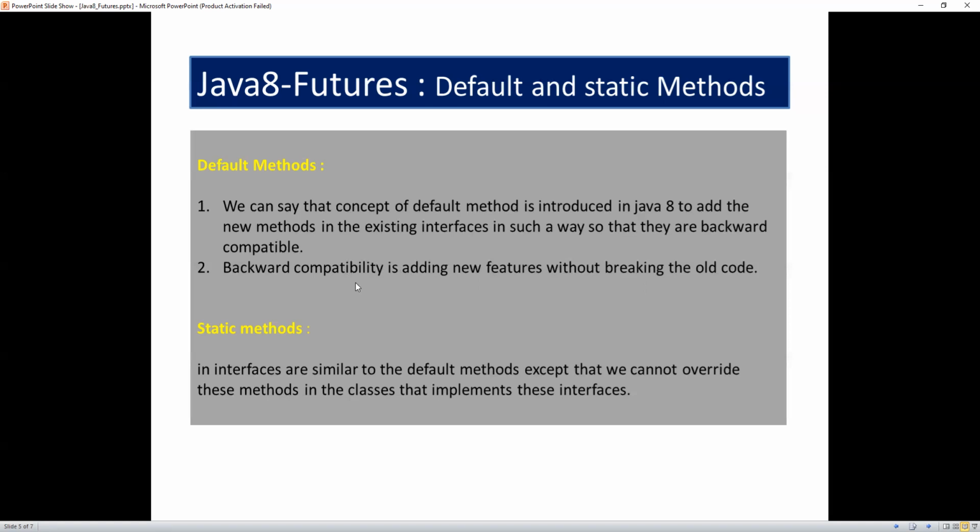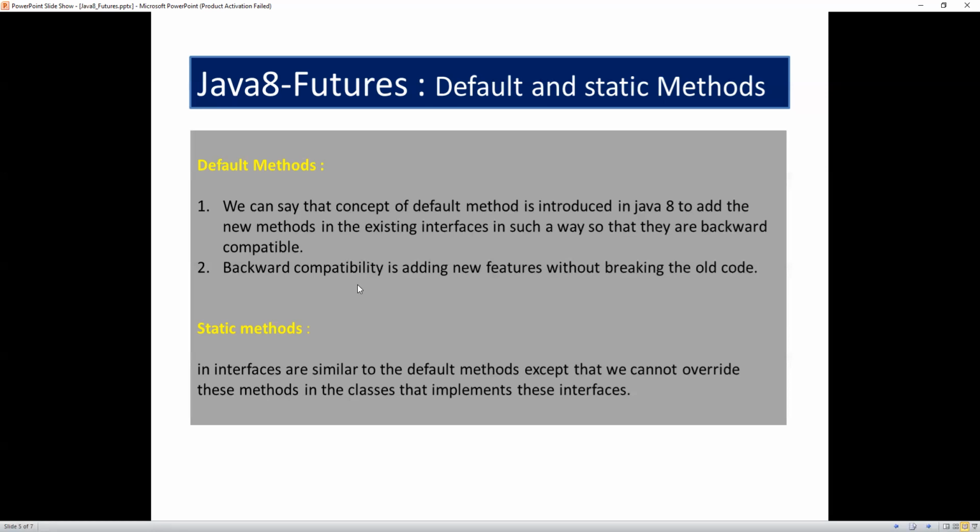In the general case, if you add an abstract method to an interface, for example, my interface A is there. My class B implements interface A, class C implements interface A, and class D implements interface A. I am providing the implementations for B, C and D. Now I add a new method in interface A, so I need to implement it in all three classes.